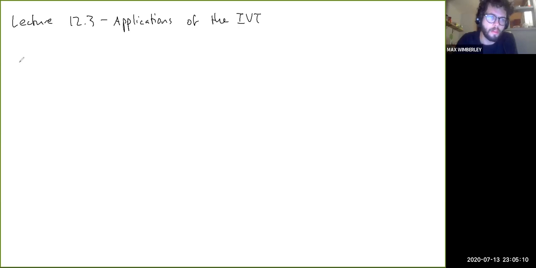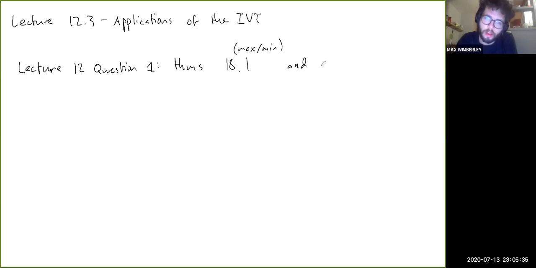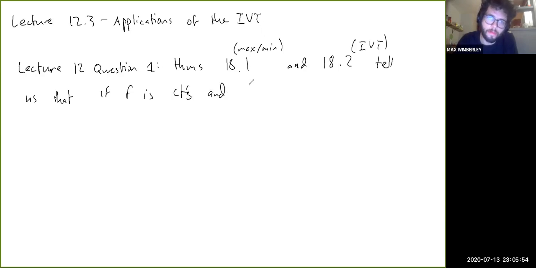About what we've done so far. I guess this is lecture 12, question 1. So theorems 18.1, this is the maximum and minimum, and 18.2, this is the intermediate value theorem, tell us that if f is continuous and the closed interval a, b is a subset of the domain of f,